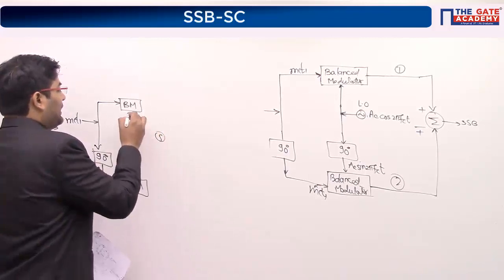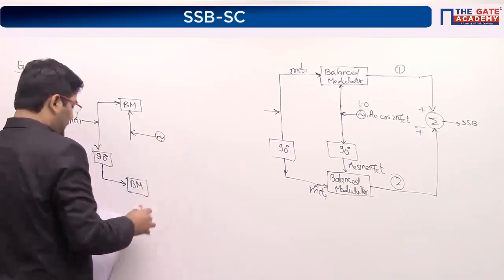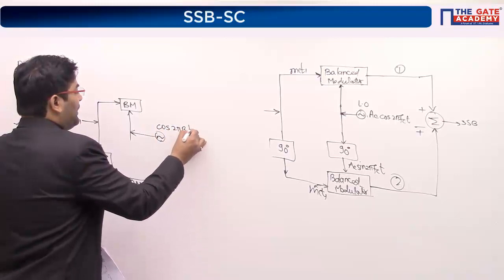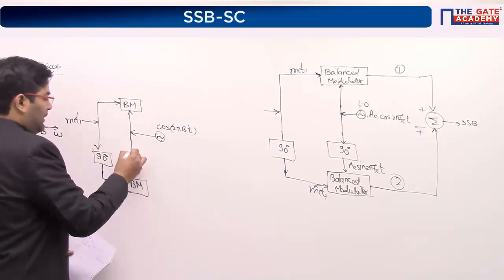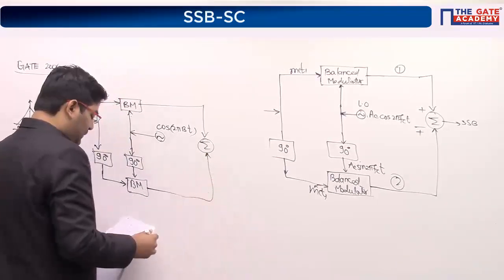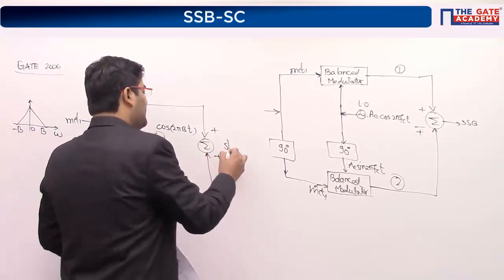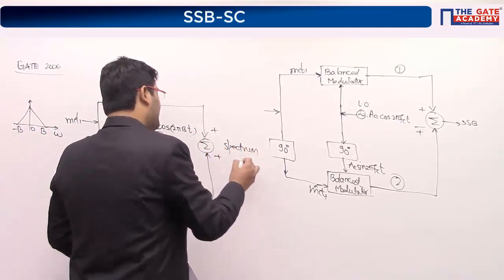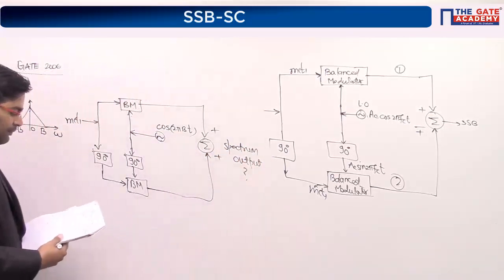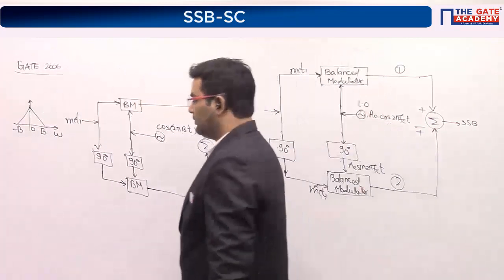Then we have the carrier also. So the carrier is going like this. The carrier is cos 2 pi Bt, and the carrier is also getting a 90 degree phase shift. This question is exactly based on this. You are adding both, plus and plus. The question is the spectrum output. You have to draw the spectrum output. That's it. Come on, do it.